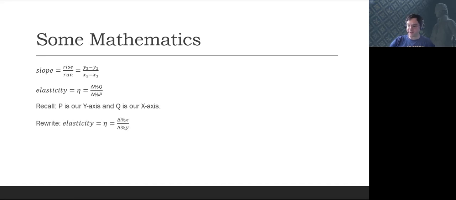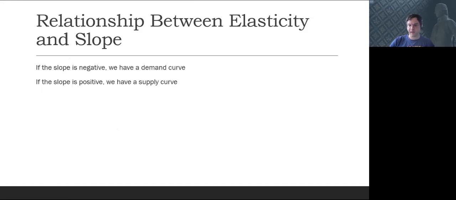Thus, we can rewrite elasticity as the percent change in the x variable divided by the percent change in the y variable. So we can already start to see what is going on here. The slope is the change in y over the change in x. Elasticity is a change in x over the change in y. We're also dealing with percentages here. This is going to become very important in just a few moments. Before we get there,